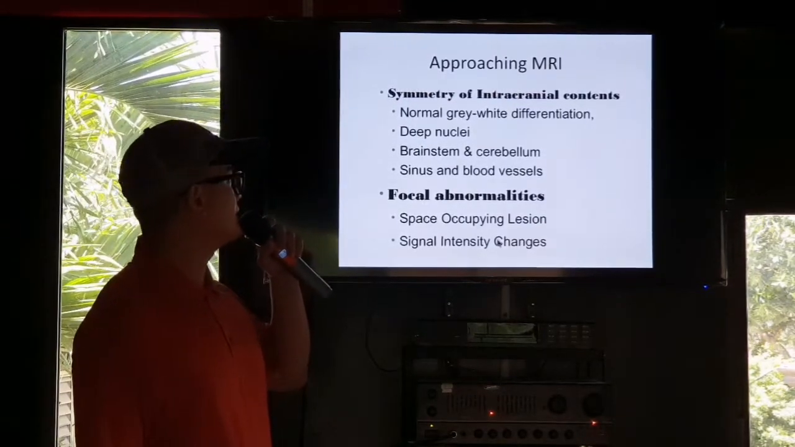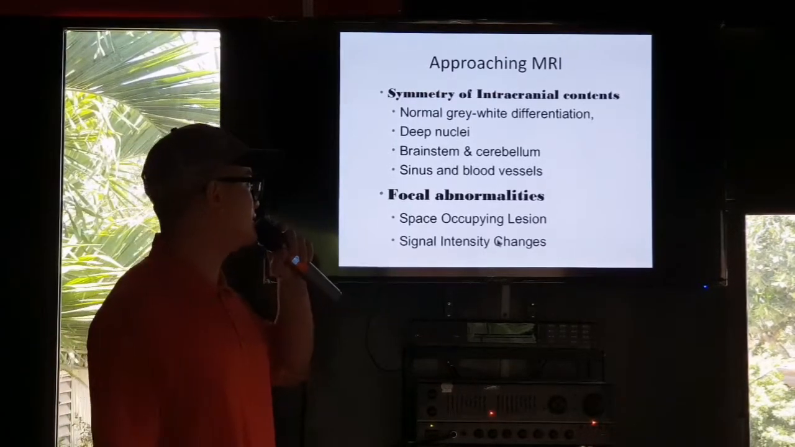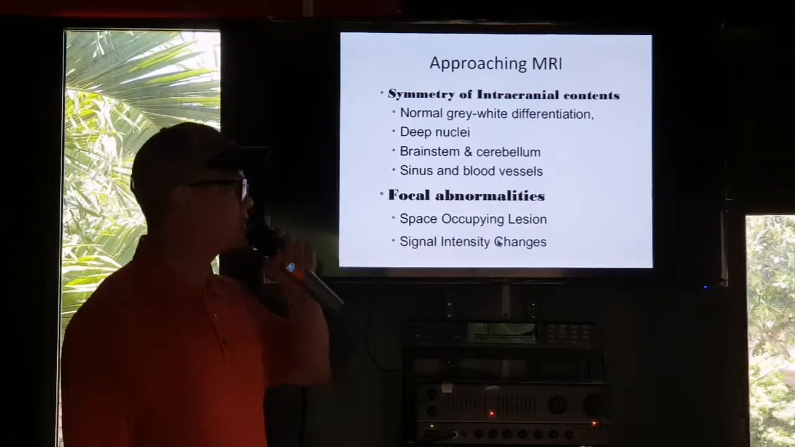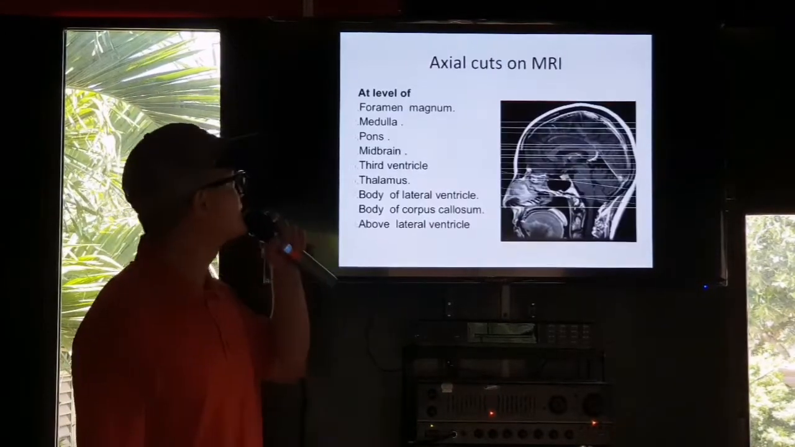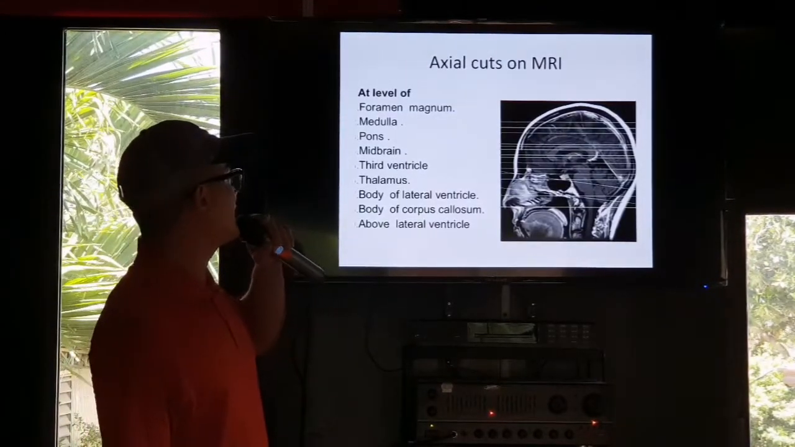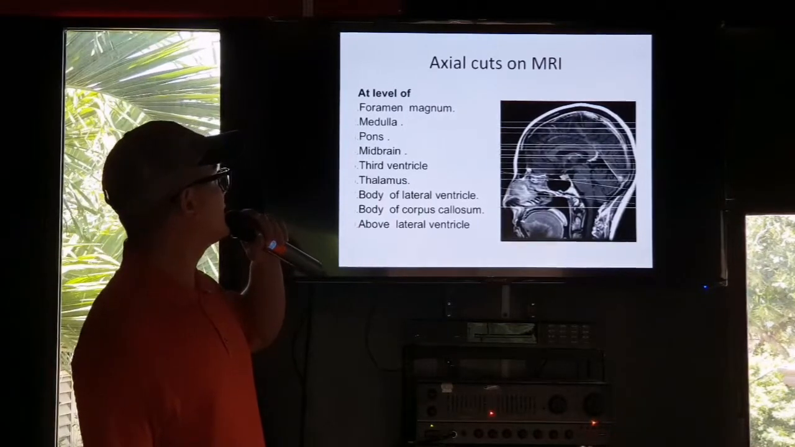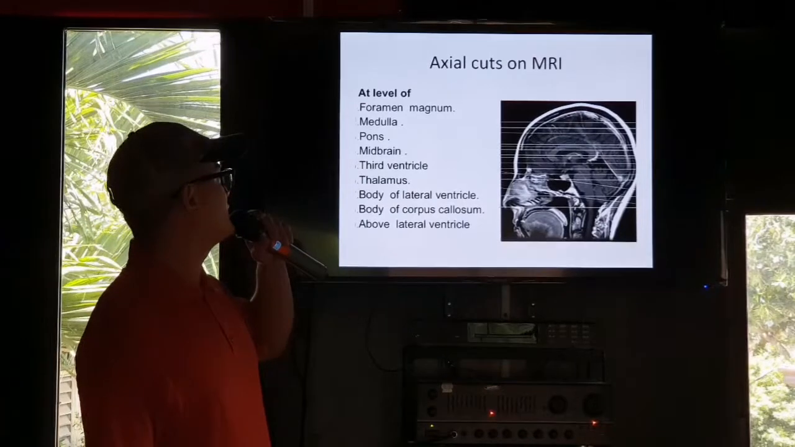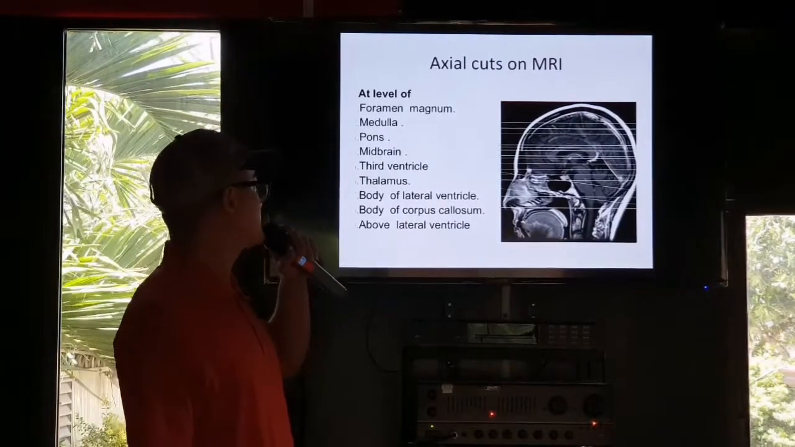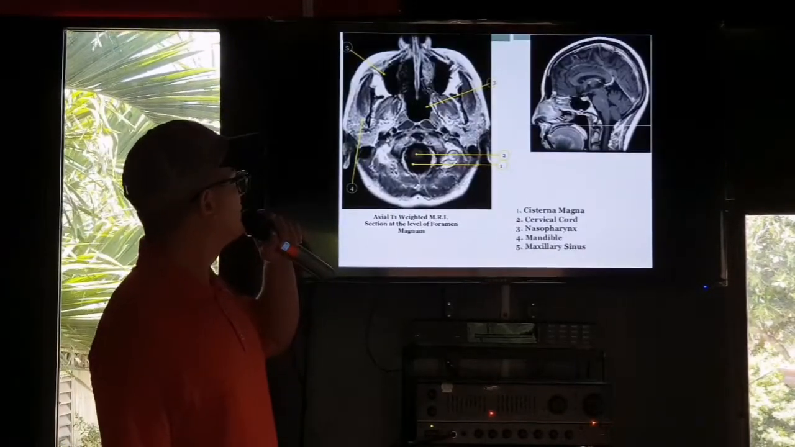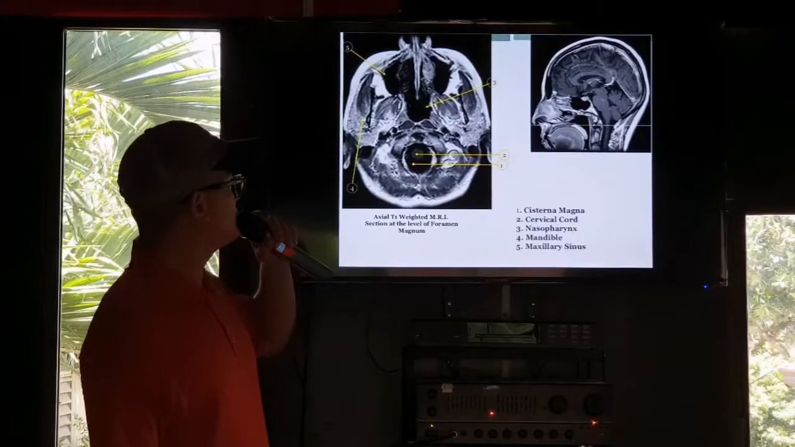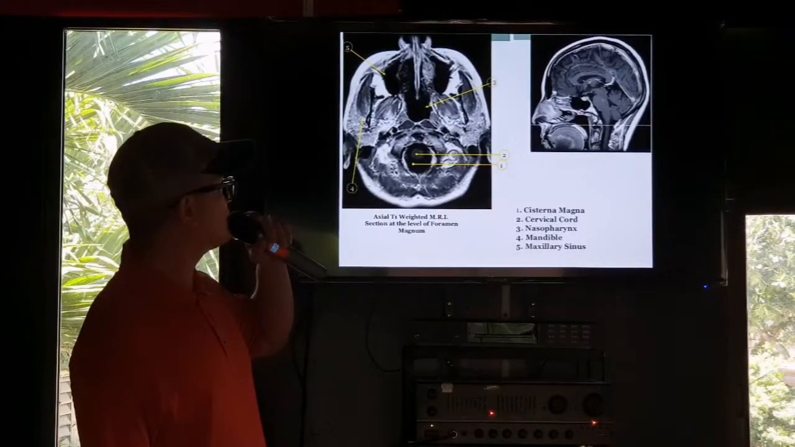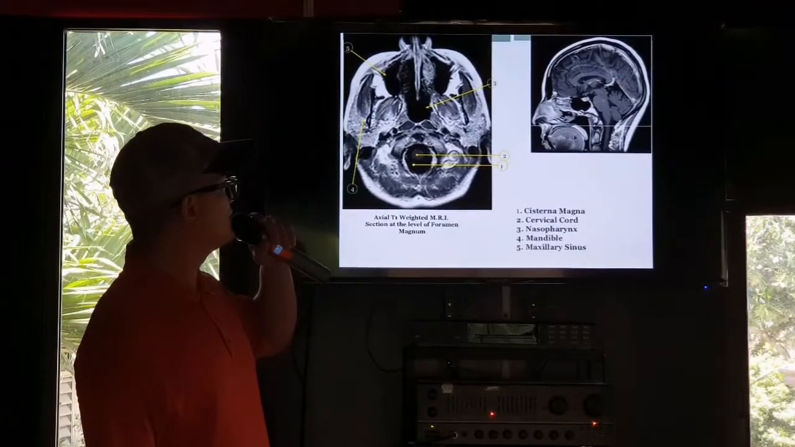Of course, focal abnormalities, any space-occupying lesion or signal intensity changes. So this is an example of axial cuts on an MRI. So you have foramen magnum, medulla, the pons, the midbrain, third ventricle, and so on. In this image, this is a cut through the base of the skull, at the level of the medulla, the